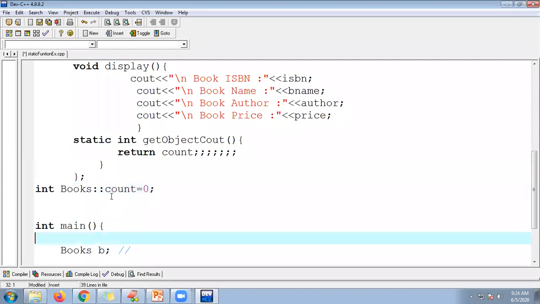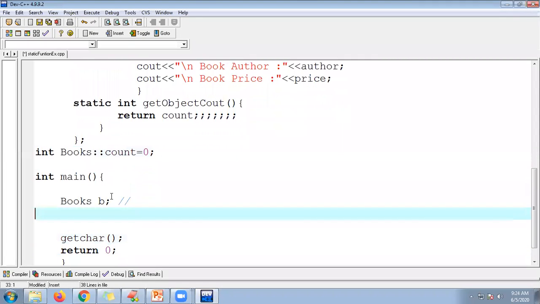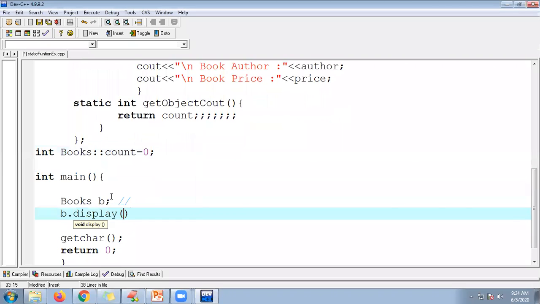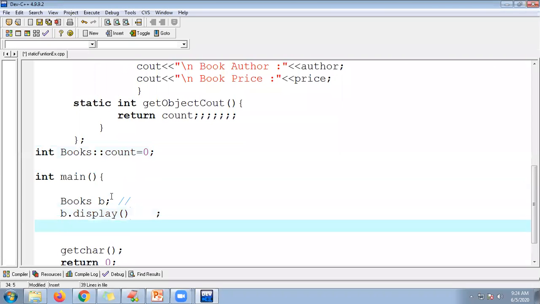Fine, guys. So let me use here books B. So B dot. Let me call the methods. So author, then display values, semicolon. Now see out.